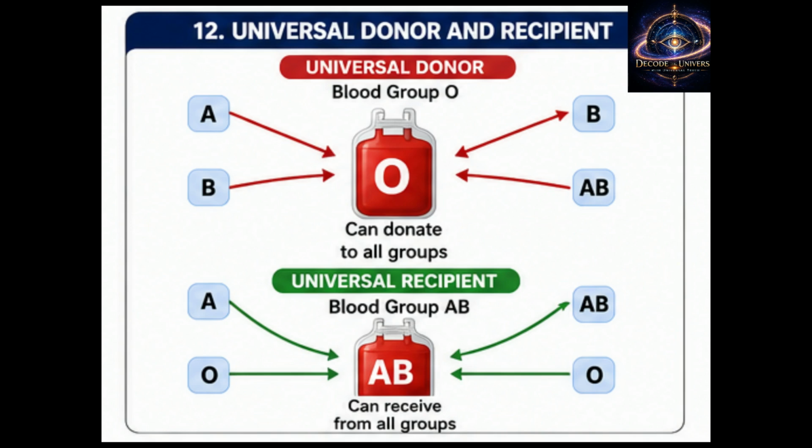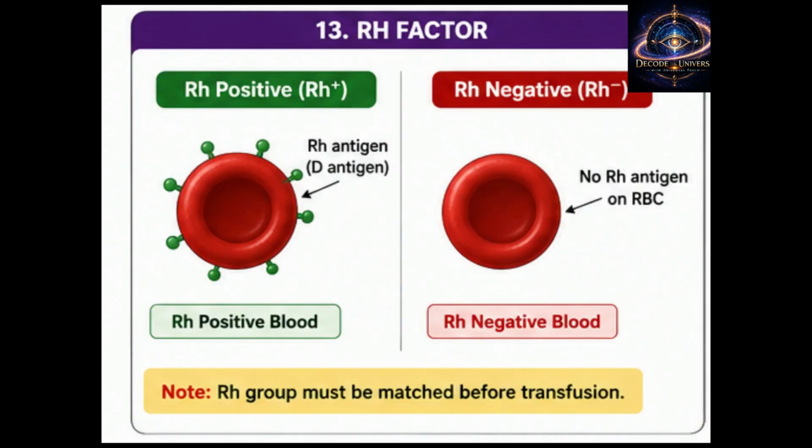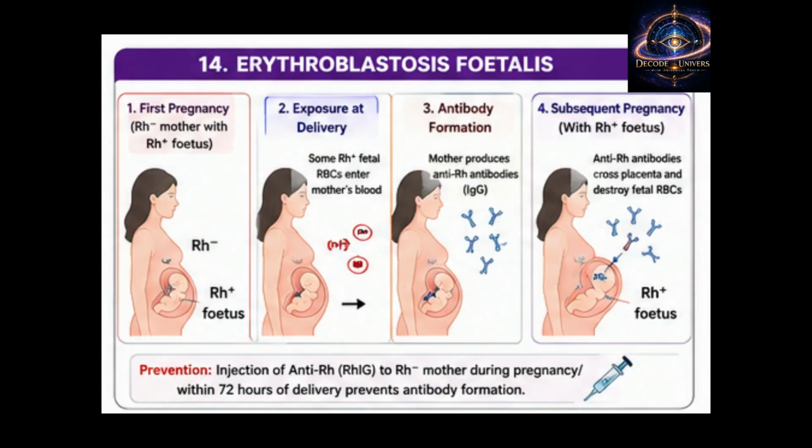Q15. What is Rh factor? Rh factor is an antigen present on RBCs. People with it are Rh positive and people without it are Rh negative. Q16. What is erythroblastosis fetalis? It is a condition where Rh antibodies from an Rh negative mother destroy RBCs of an Rh positive foetus in